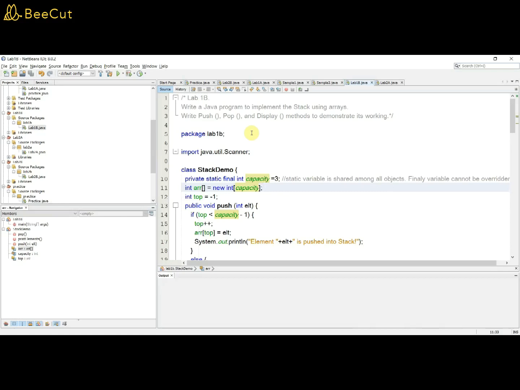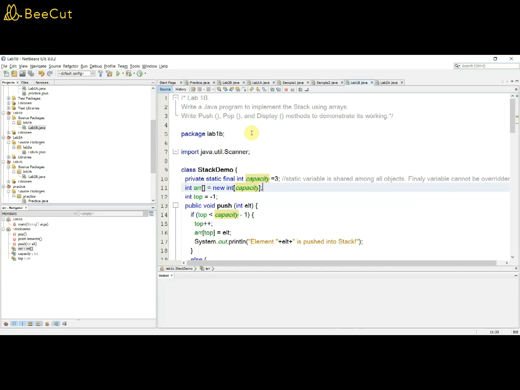The insertion of elements into the stack is called the push operation, and removal of elements from the stack is called the pop operation. Since we are using the array implementation, we know that array indexing starts from 0. So in order to have an index to point to this array, we should have a variable to keep track of the index.